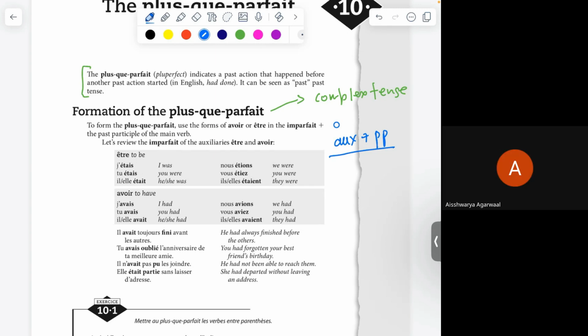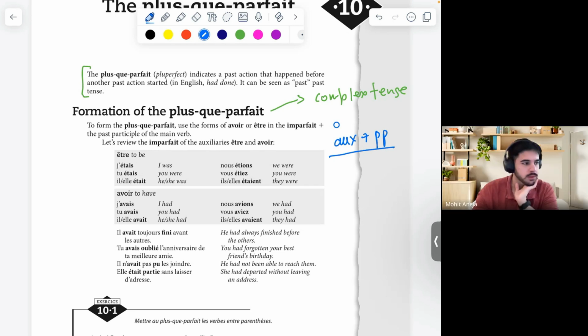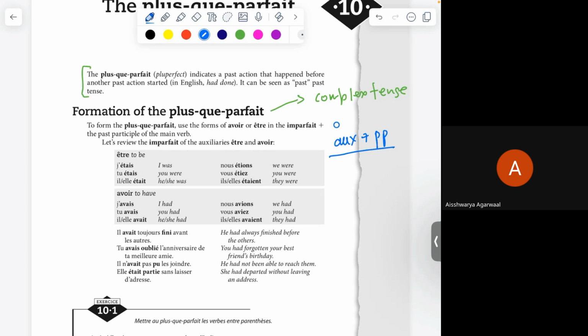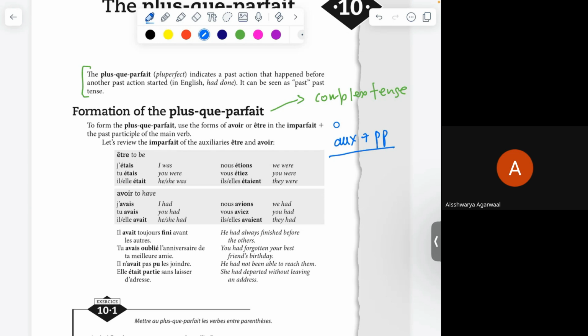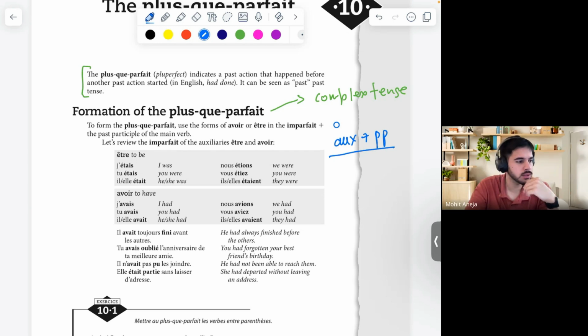I think, wait, I forgot. No worries. The hint is, what tense is it read with? This is also avoir and être only. Avoir and être, but in which tense? That's important. The auxiliary is always going to be avoir or être in French, but the form changes by the tense it is conjugated in. So you need to know what tense it is conjugated in for futur antérieur. What is it? Future simple, yes.